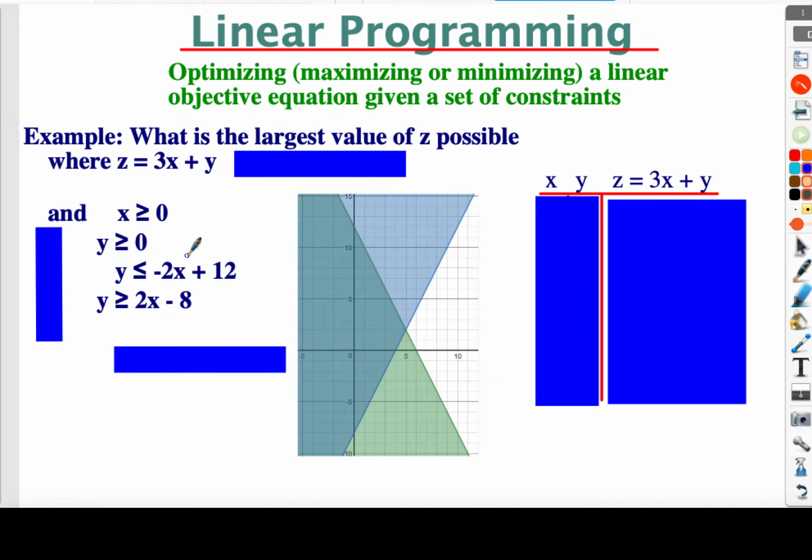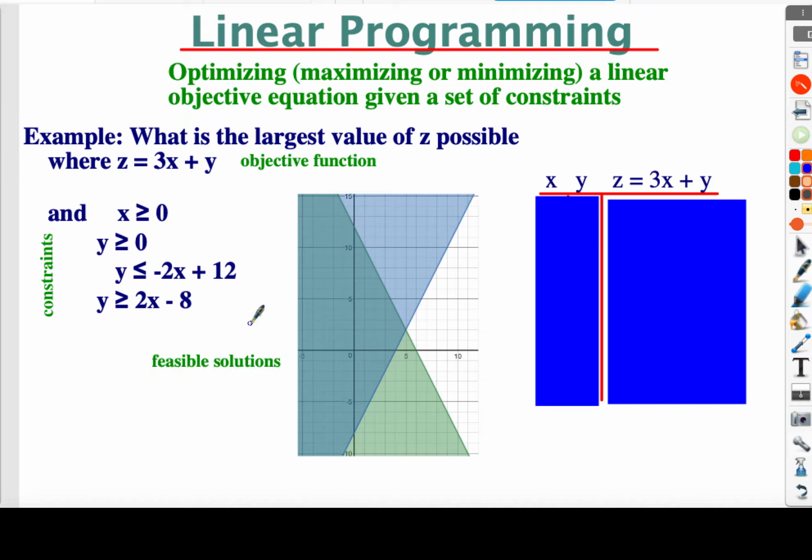example by only plugging points into that objective function that would satisfy these inequalities here, or what we call the constraints. Right? They're going to limit what we can plug in. Now, if we take those constraints and we graph them, so notice the middle of the screen here, I've got most of this one marked out, what we're going to end up with is what we call the feasible